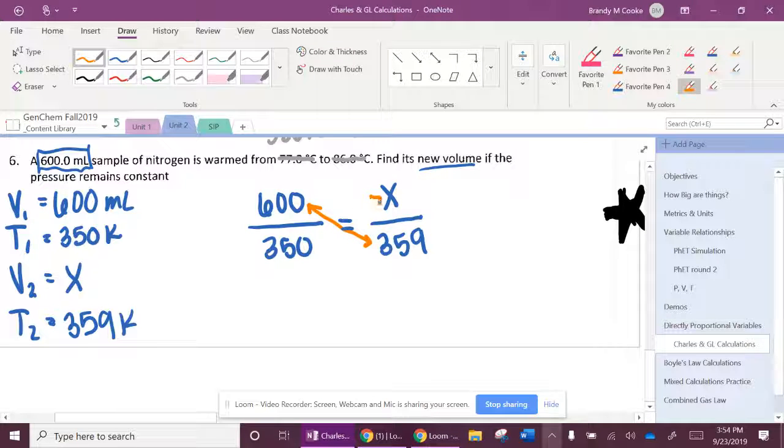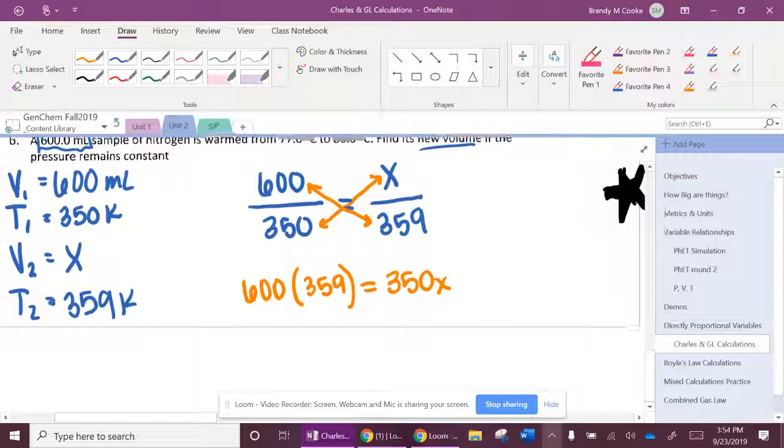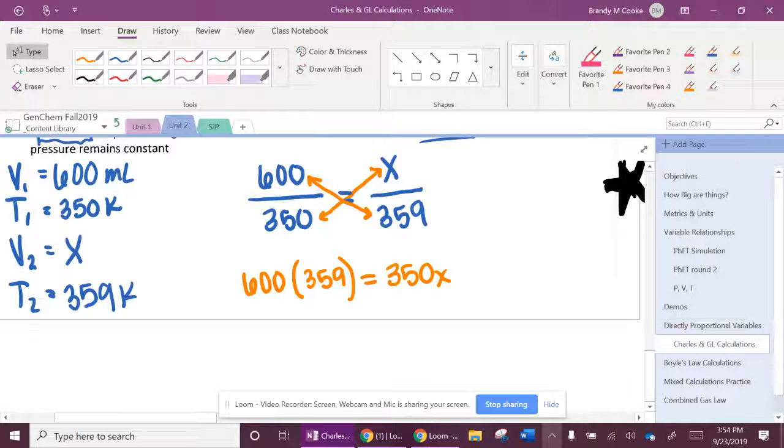So when we cross multiply, we set the two sides equal to each other. So it would be 600 times 359 equals 350 X. And now that's a lot easier algebraically to solve for. We multiply those two and then divide by 350 on both sides. So how you get to the answer is up to you, but once you get to the answer, it should be for this problem